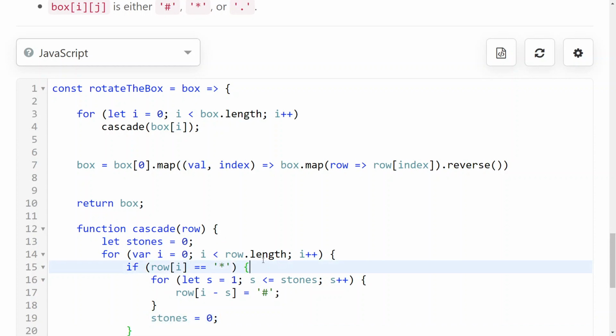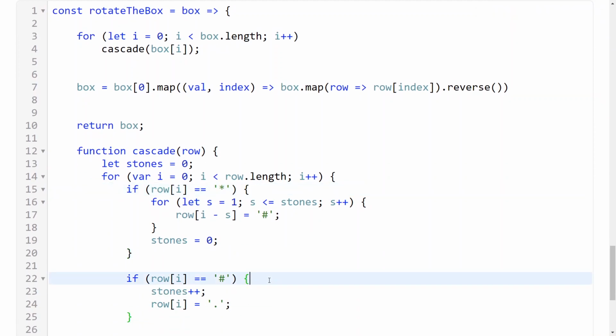And then what if, instead of an asterisk, you find a pound sign? In that case, you have one more stone that you're carrying down with you, right? That stone is falling, and you want to set its previous position to an empty square. Now, if later on an asterisk is found, this might become a pound sign again, but it doesn't matter. For now, we set it to an empty spot, because the stone is falling from there,